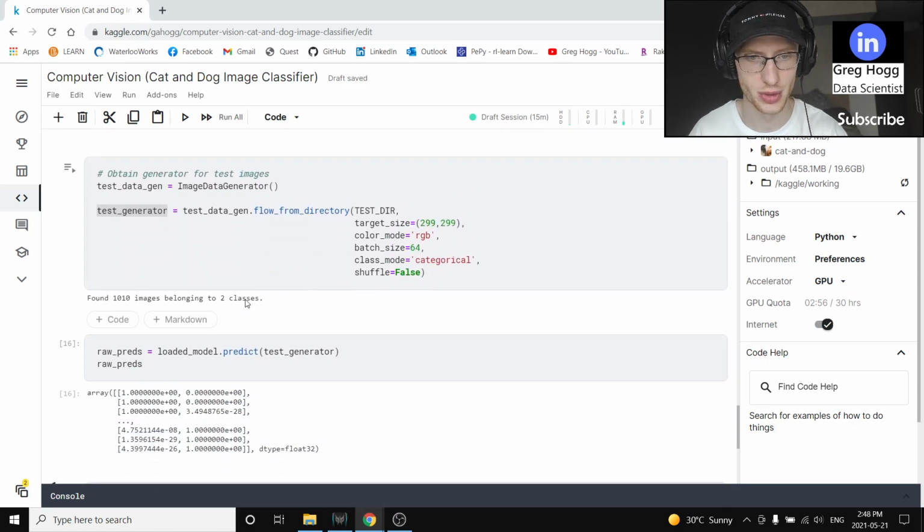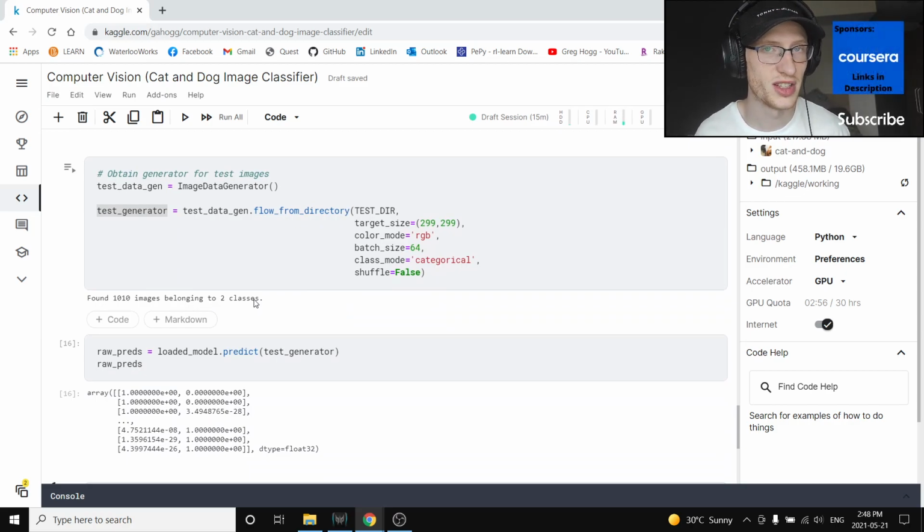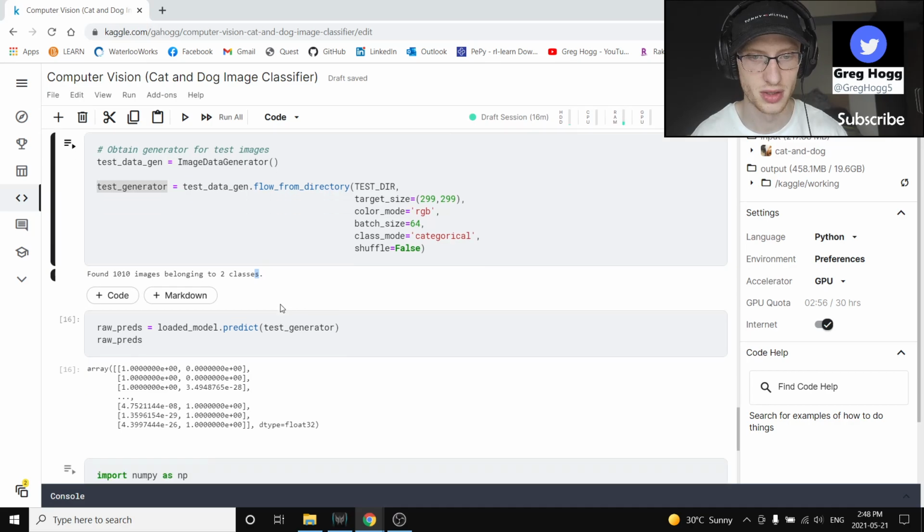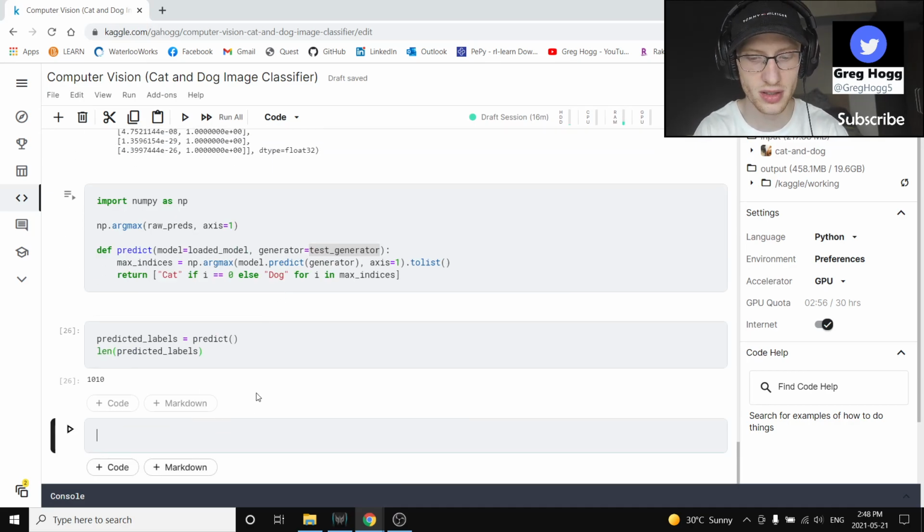Sorry about scrolling around so much. So we found 1,010 images belonging to 2 classes. We know, yes, there might be a very slight error in one of the images or maybe in a couple of the files, but in general, it's going to be very, very close to the first 505 are cats and the second 505 are dogs. So let's just say, and maybe it's not exactly true, but it's very, very close to true,